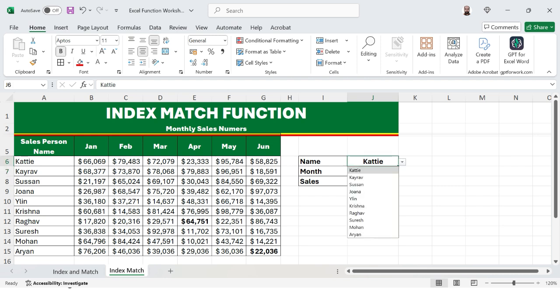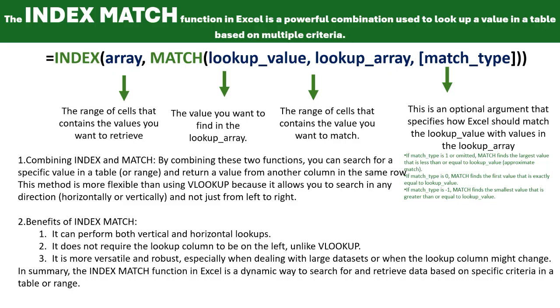If you choose another name, Krishna's sales in February are 14,583. If you see, Mohan's sales in February are 84,424. So it seems this formula is working fine, and on this basis you can use the INDEX and MATCH functions together.